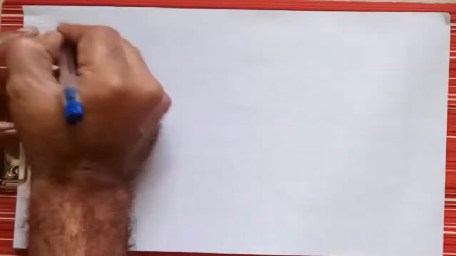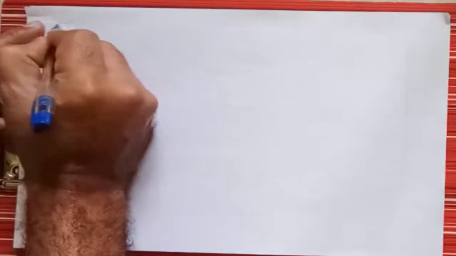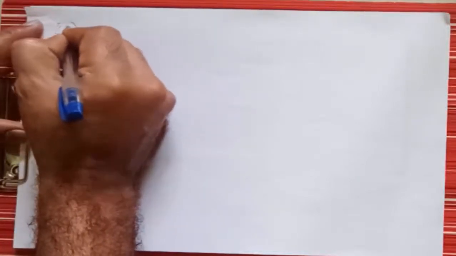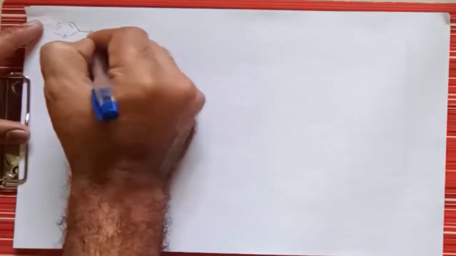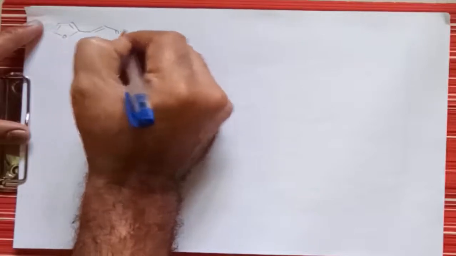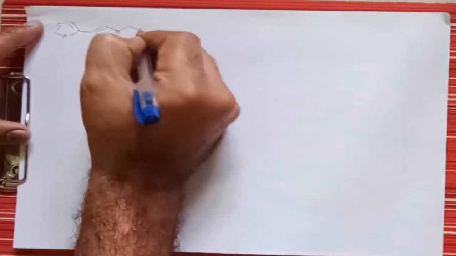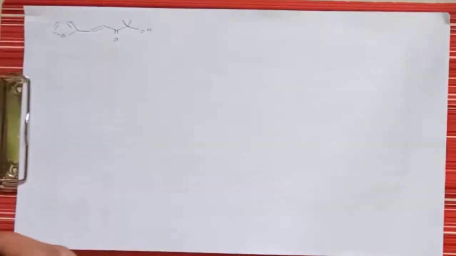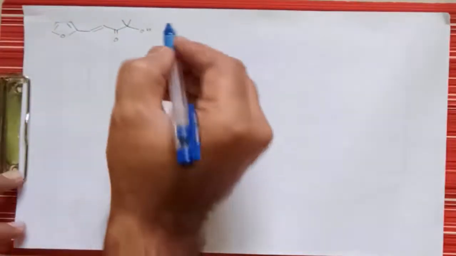So before proceeding further, let us take one more example on this illogical disconnection. So here is one molecule for the illogical disconnection. This is a furan containing a 1,2-dioxygenated pattern, and it contains an alpha hydroxycarbonyl compound, right?